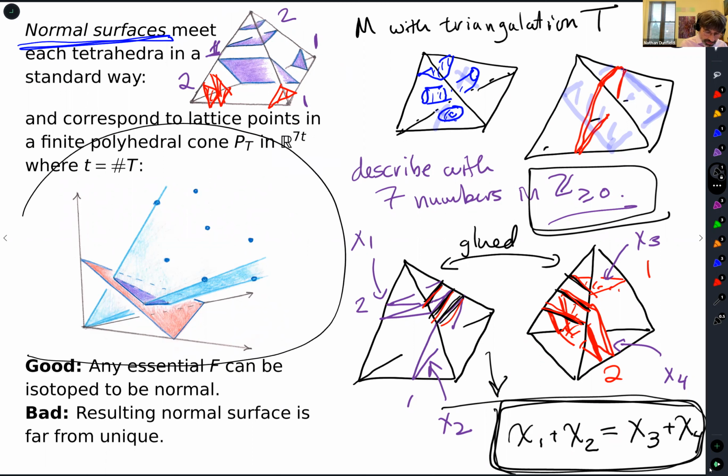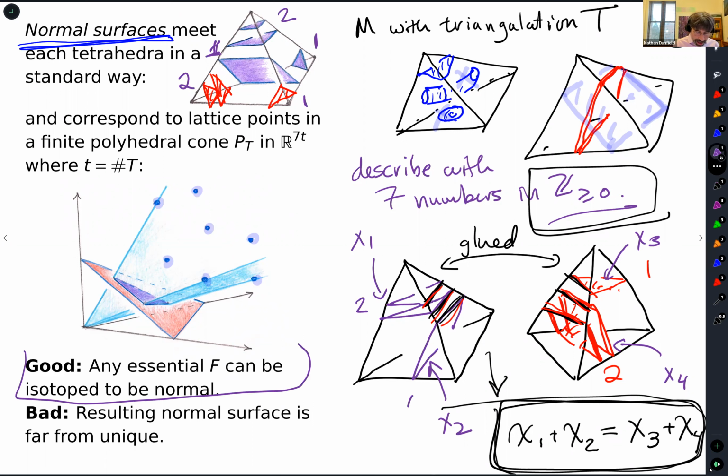So that's the picture I have here. You have this blue cone, which is the solutions to the linear equations with the condition that the coordinates are positive. And the lattice points in here, each one of them corresponds to one of our surfaces. And what's absolutely key for us is